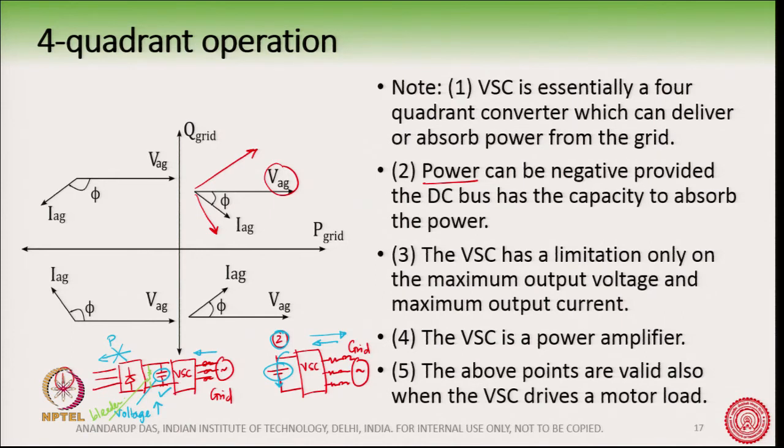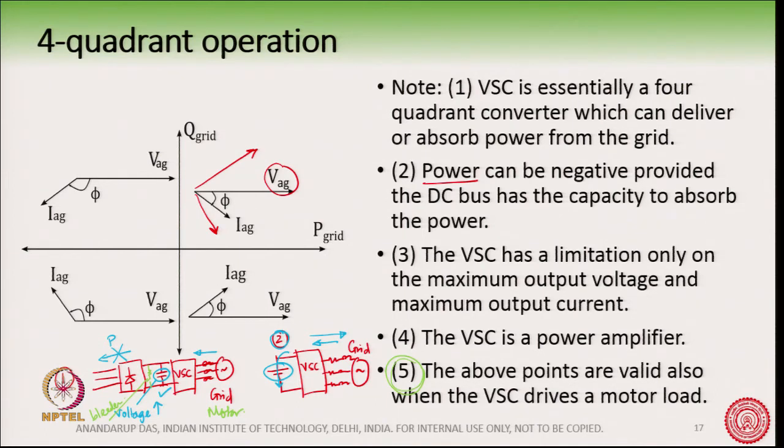Now, the important point here is that the power flow from the grid or even motor. So, this is not grid alone. Suppose there is a motor here. This is the point which I have said here in point number 5. If it is a motor load and the motor has started regenerating, we often run the motor, sometimes in the motoring mode most of the times, but sometimes in the regeneration mode. Then we allow the inertia of the motor not to be wasted and we put that energy back into the battery or back into the DC bus.